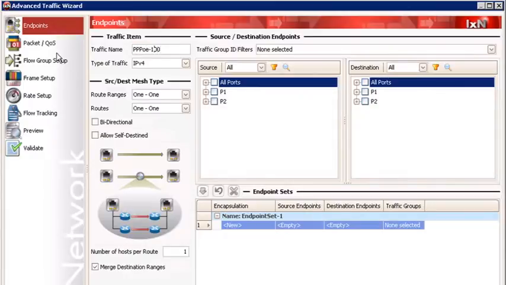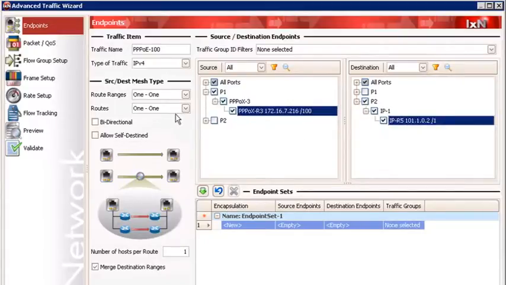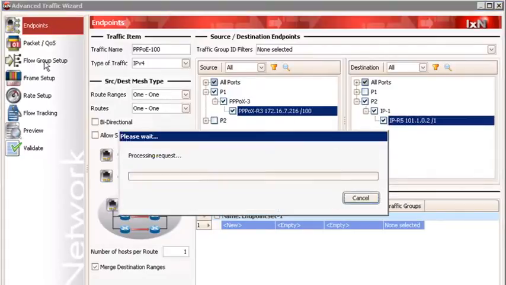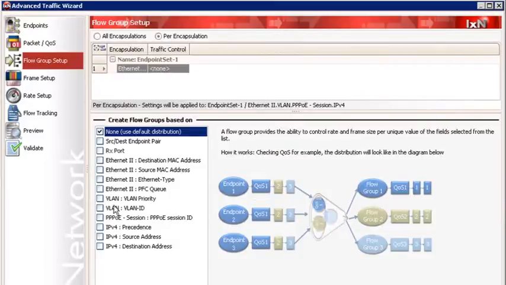Let's call the traffic item PPPoE-100 because we're going to create traffic going to the 100 sessions. IPv4 is fine. We're going to transmit from port 1 the PPPoE sessions to the port 2 IP address, and we'll just go that one direction, leaving the ranges and routes in a one-to-one basis. We can skip to flow group setup,